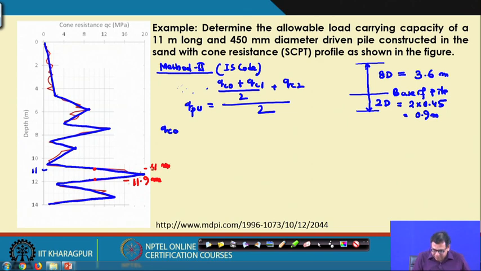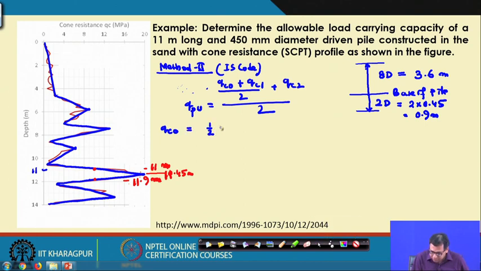So, we have to take the average value. QC0 means average value of this zone. You can take the average in the same way. Here it is 10,000 kilonewton per meter square, here it is 20,000 kilonewton per meter square, here also it is 10,000 kilonewton per meter square. And this zone has a thickness of 0.45, from here to here. So, the average value will be,